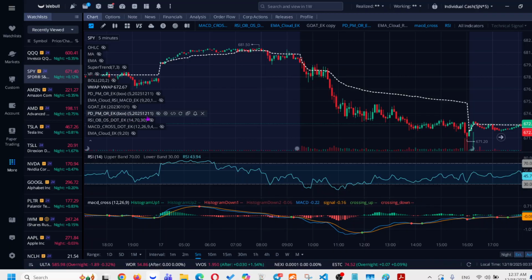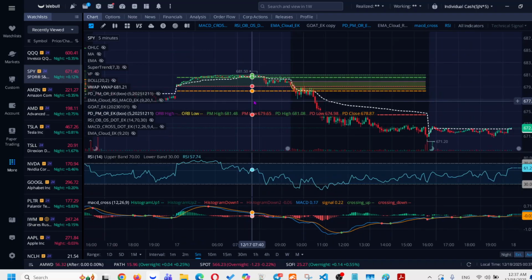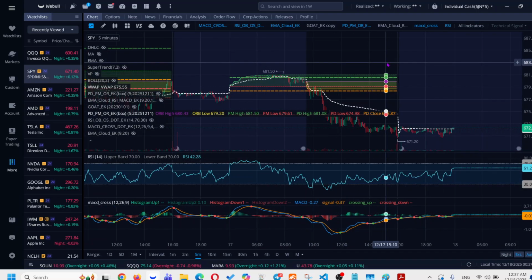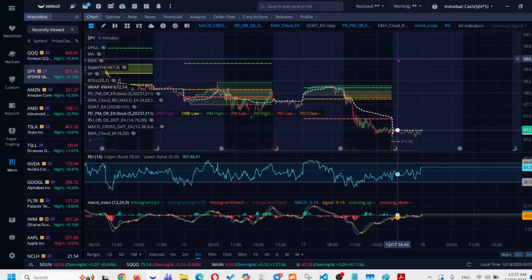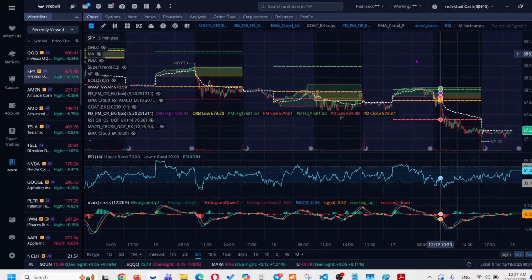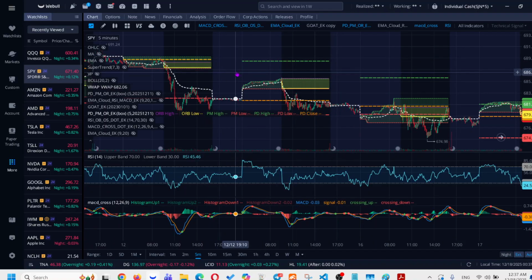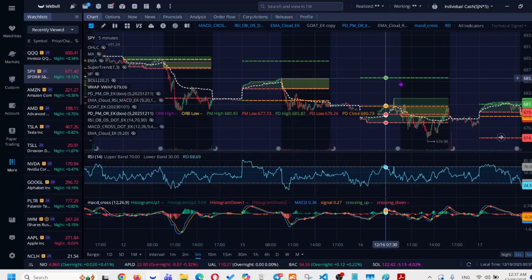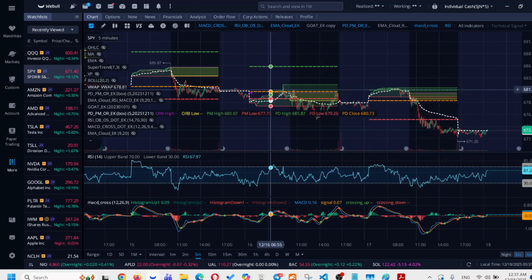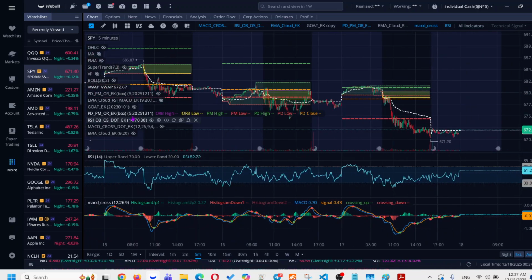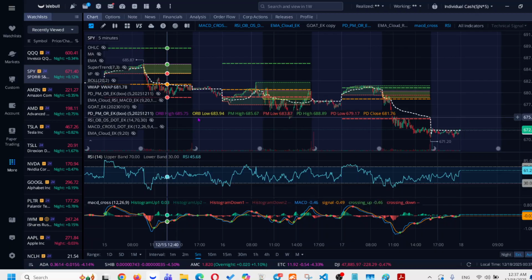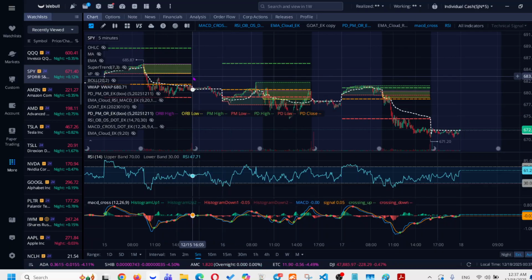So just to demonstrate, I turn on the indicator, and as you can see, it shows these highs and lows for days. There is a setting to set the date, telling it from which date onwards to